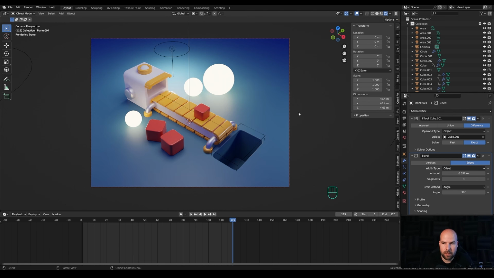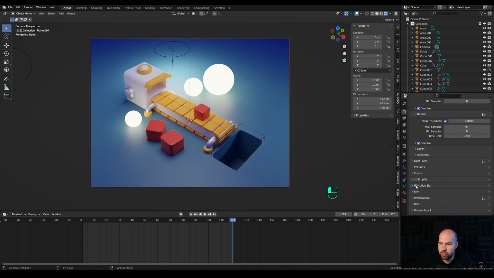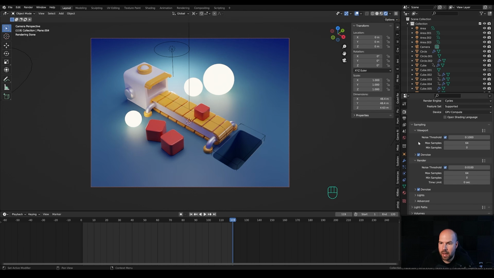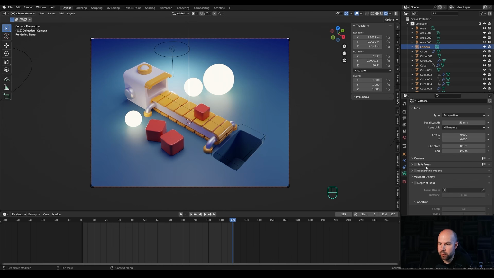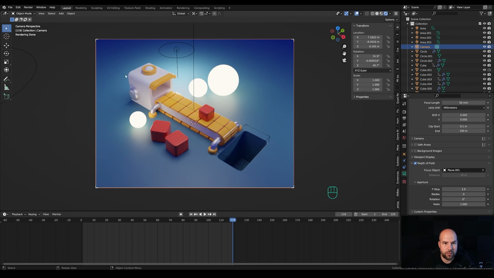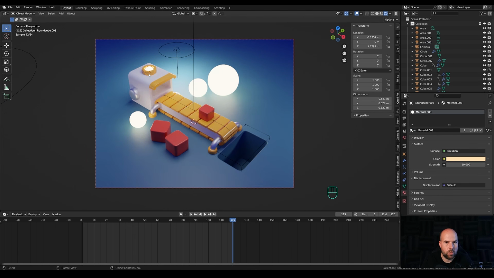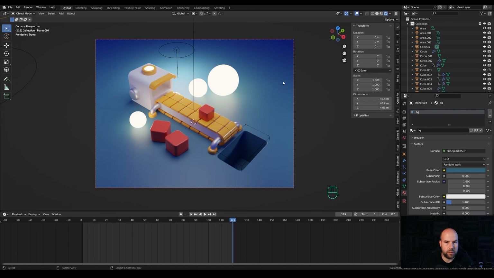And right now, the one last thing I want to do right here is to activate the motion blur in the render settings. And in the camera settings, let's select the camera. I will add some depth of field and select the belt as the focus object and reduce this to something like 0.7, because it's a little bit out of proportion, maybe not so much, maybe just like 1. And now you can see some of these things are blurry, and I will add emission right here to make this a little bit more interesting.